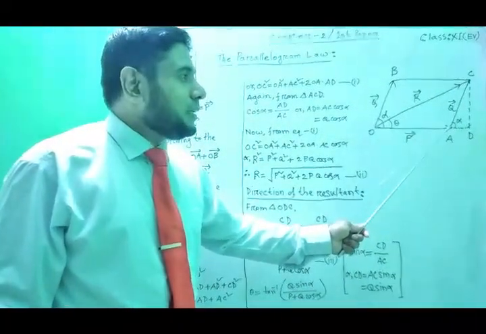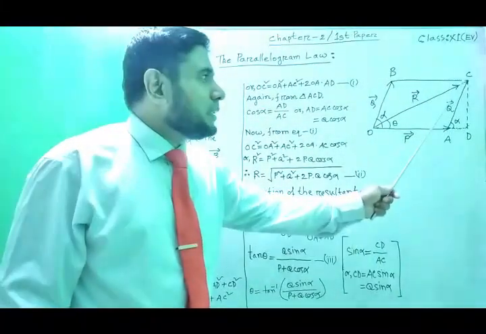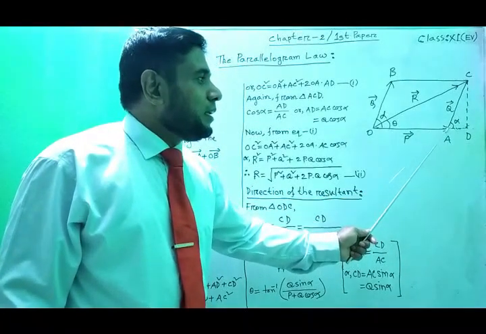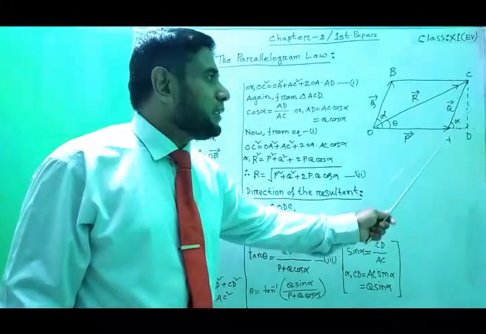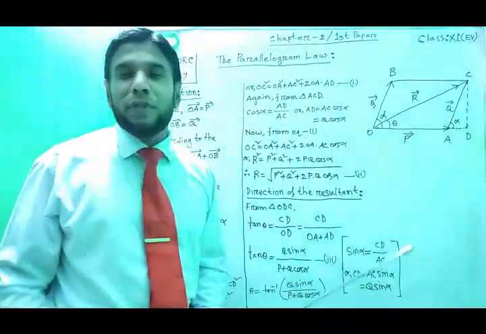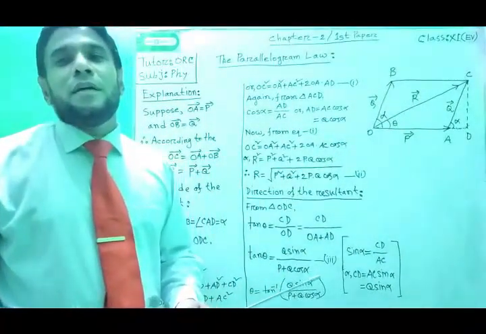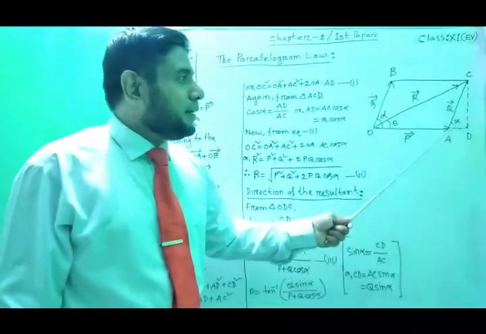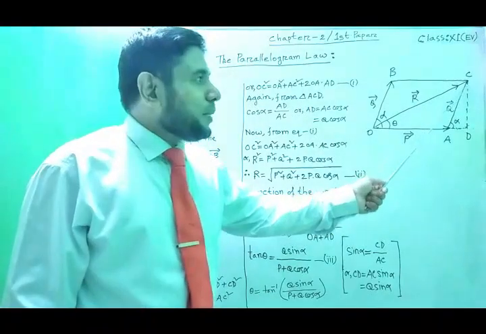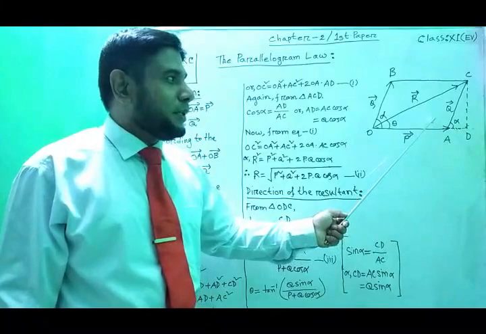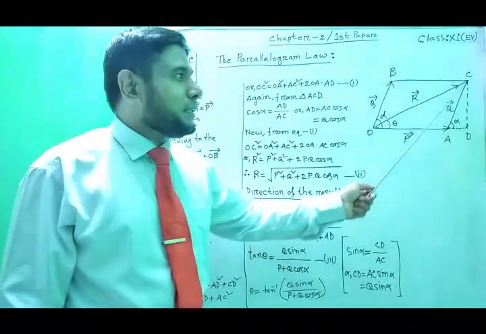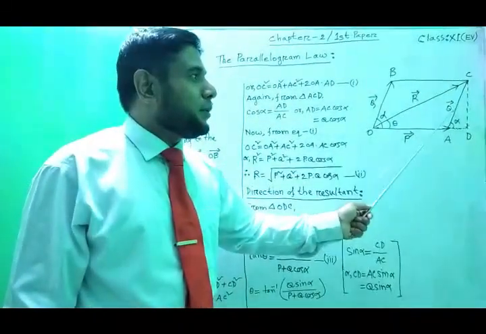In this triangle ACD, CD indicates the perpendicular, and our given information is the hypotenuse. According to the trigonometric law, when we need to find the perpendicular from the hypotenuse and the given angle, if one value is given, we can easily find the other value. And the relation between perpendicular and hypotenuse is sin.